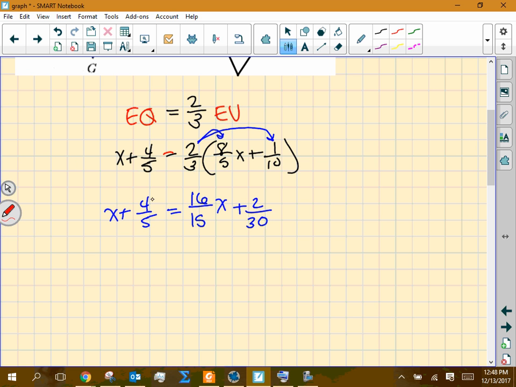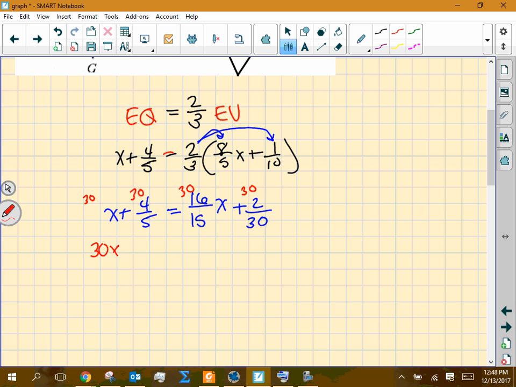If I multiply by a common denominator of 30, will that get rid of all fractions? Okay. So I see 30 here. We'll multiply this by 30. I'll multiply this by 30. And I'll multiply this by 30. So when I do that, I get